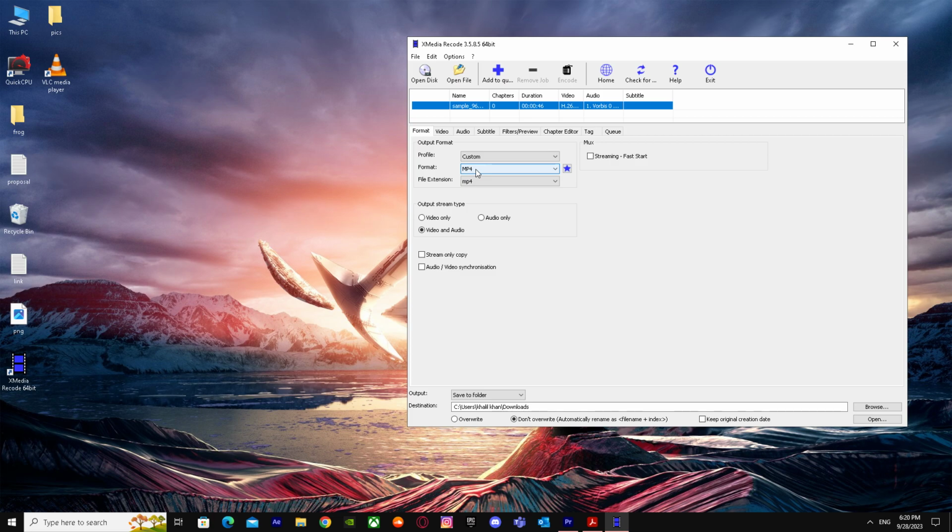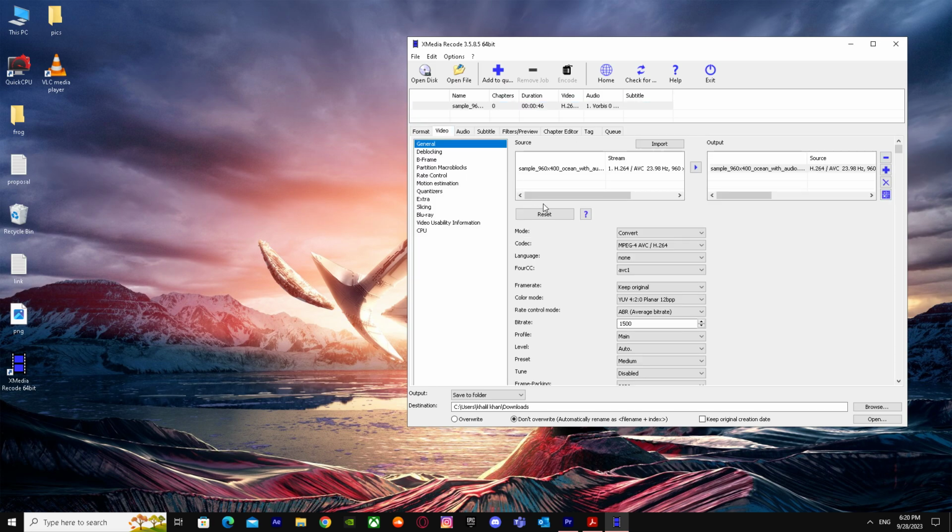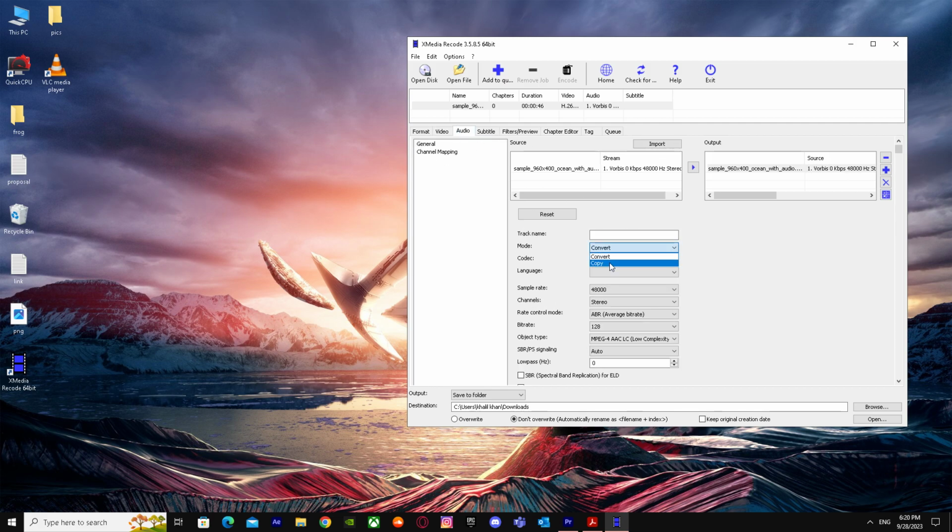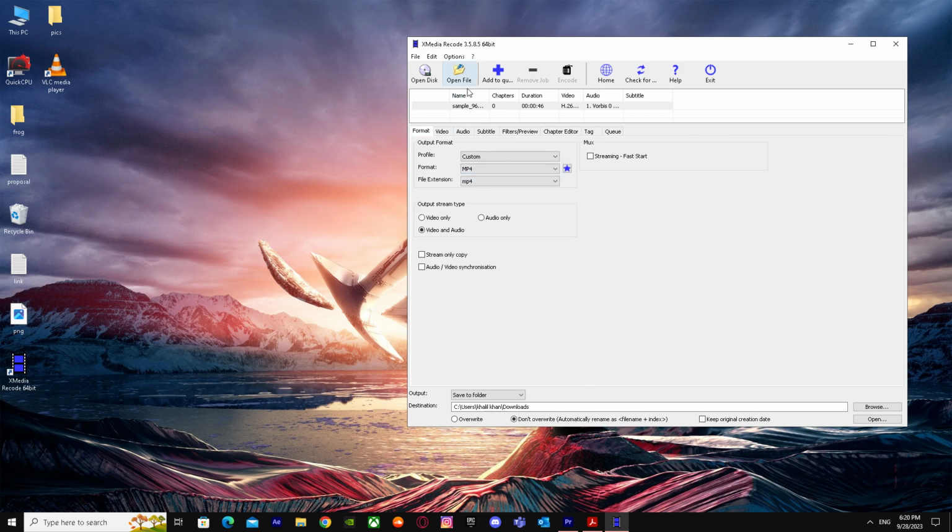Make sure the format is on MP4 and the file extension is on MP4, and the output streams type is video and audio. Go to video and make sure you do the mode to copy and do the same for audio. So when you do this, just go back and click on add to queue, or wait, you have to,